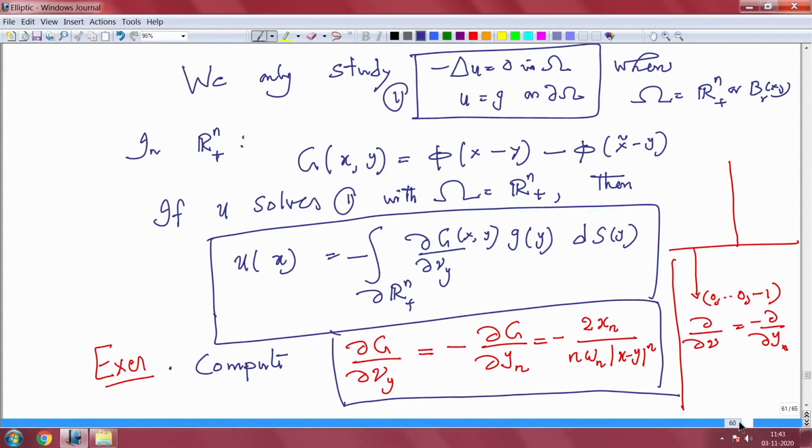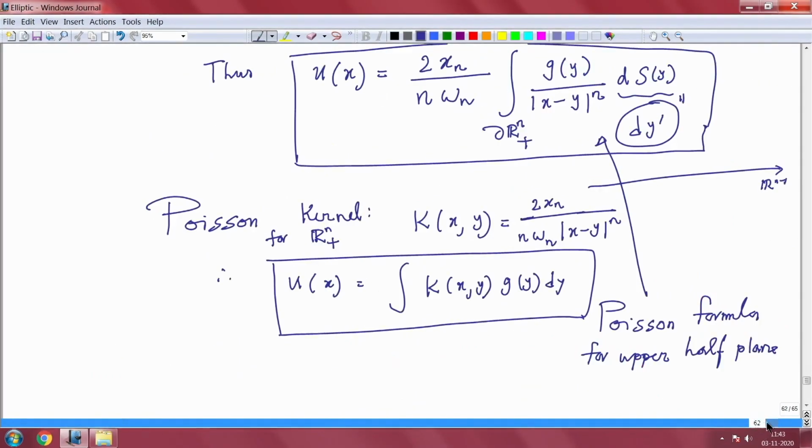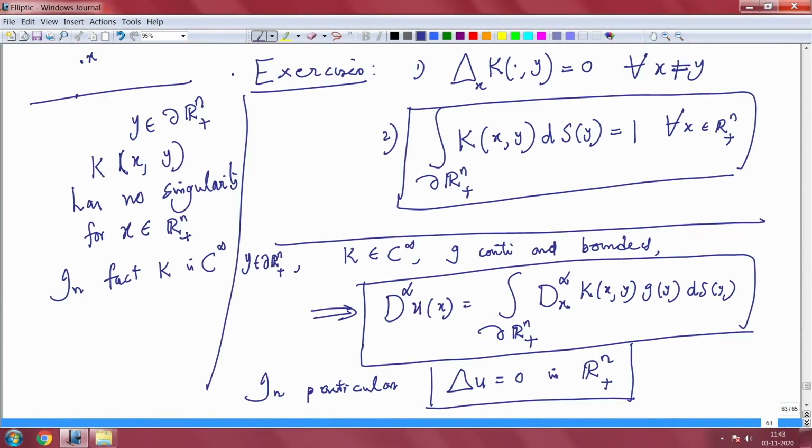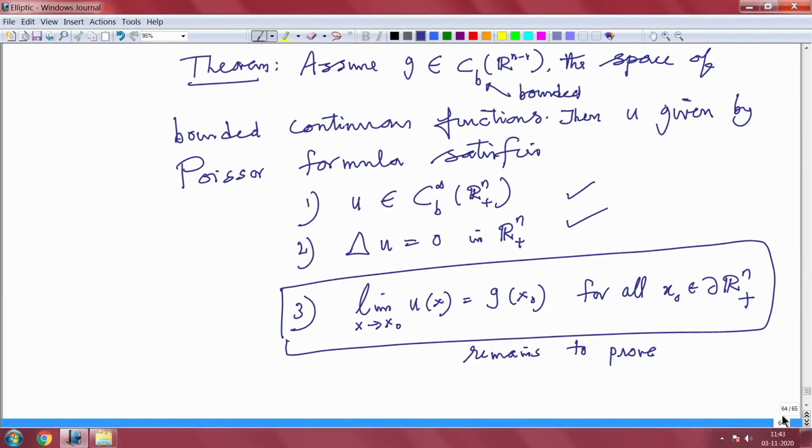So, we have introduced Green's function for the upper half plane. And then using the Green's function for the upper half plane, we precisely got dG by d nu, and you got a formula for your solutions. So, this is the formula, which is the Poisson formula. We also introduced what is called the Poisson kernel. Using that Poisson kernel, you know that kernel satisfies certain properties, and using that we have actually solved